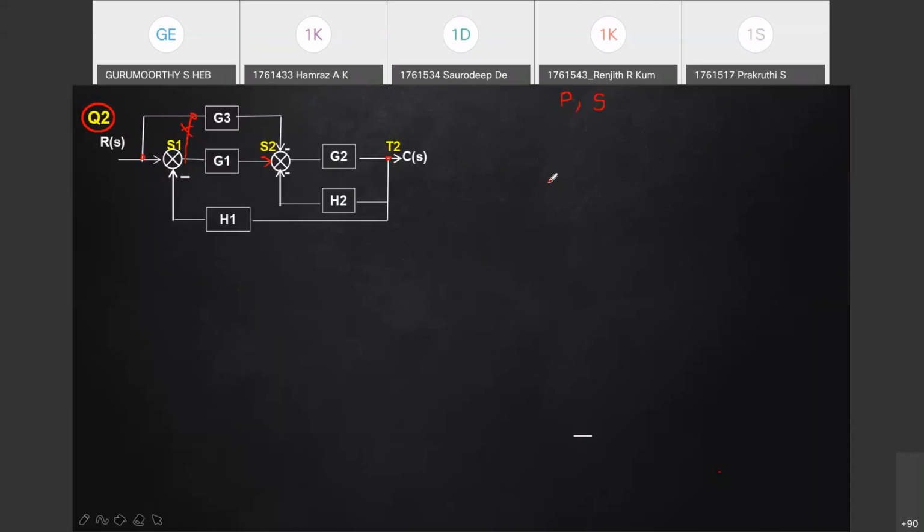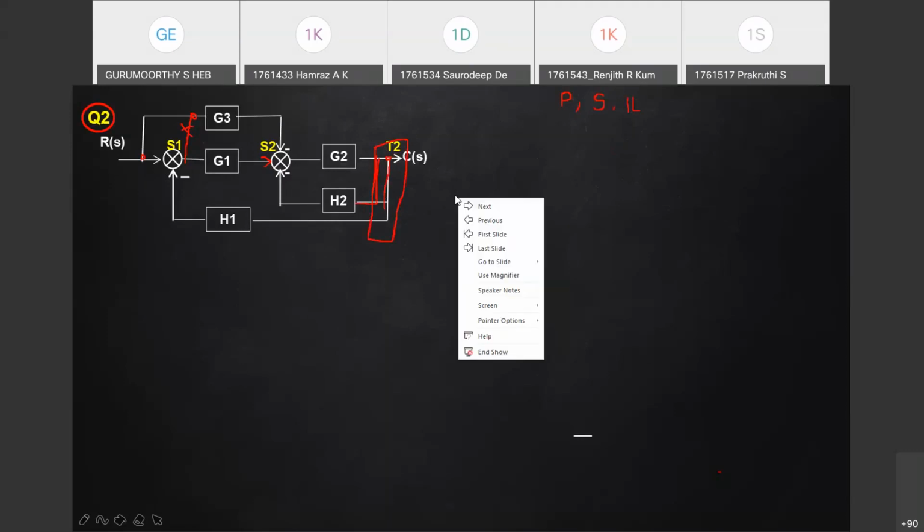Others. Okay. My next question, do you find any independent loop with one forward, one backward? Ilya says yes. Yeah. There is an independent loop, but as it is, you may not find it. Please see that this takeoff point T2, have a look at it, can be split or can be understood as two paths. One path you can just join to H2, other path you can keep it same because same signal is flowing in both the case. I hope you understand what I said.